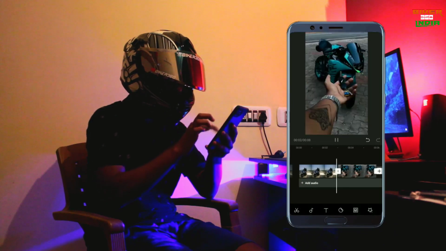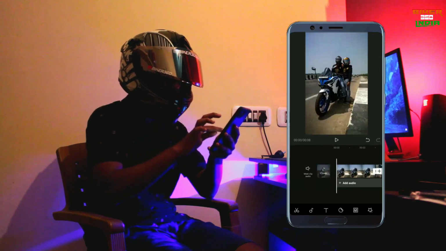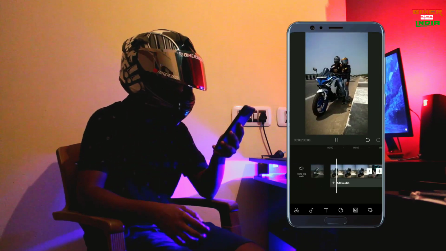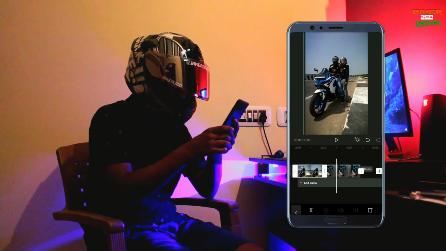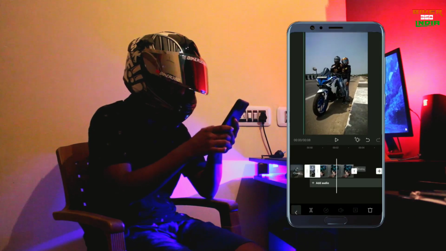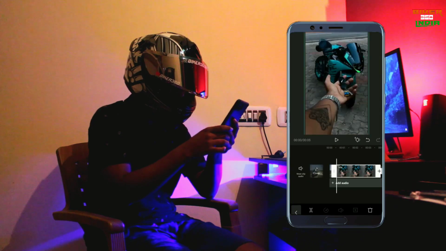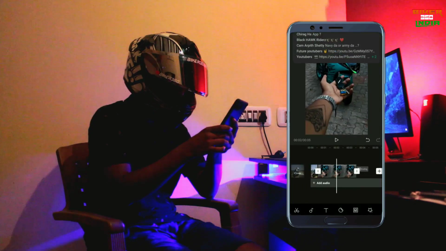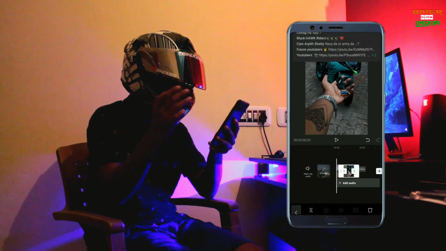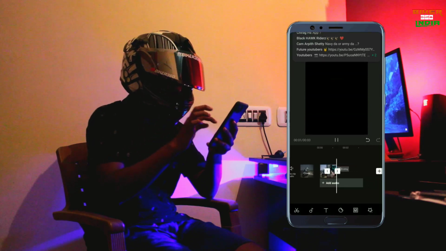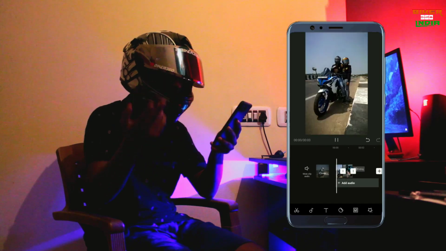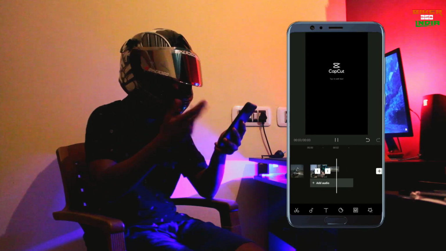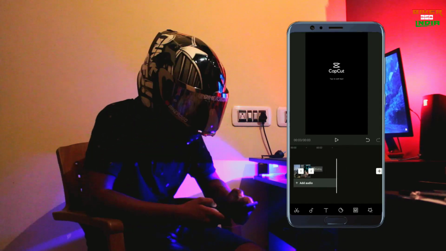Then play it. This effect. So this is the effect you all are looking for. You need to crop this actually, like reduce the timing to 0.5 seconds. This also to 0.5. Do it like this. You can include any number of photos.